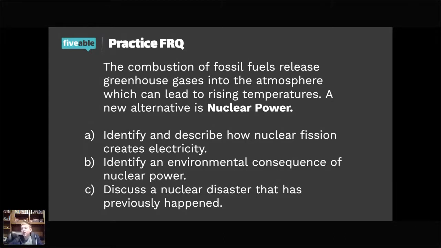So identify and describe how nuclear fission creates electricity. I will talk my way through it. So nuclear fission is a process where uranium is put into a nuclear reactor and had the nuclei split to create electricity. How this happens